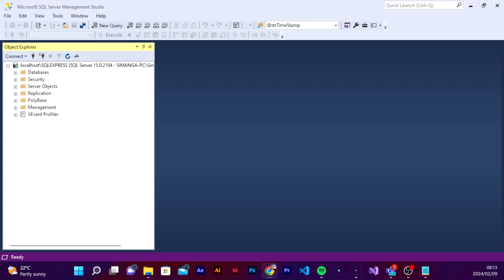They can help to manage and secure these objects by allowing database administrators to assign permissions at a schema level. So this can just make it easier to manage access to different parts of the database without having to set